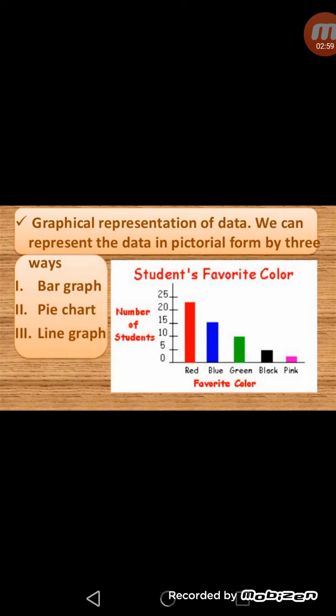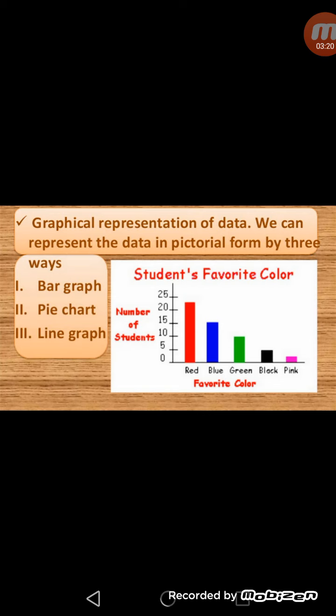Now there are three types of graph, as I have told you: bar graph, pie chart, and line graph. In this slide, this one is the bar graph. When we represent the data in the form of bars, that is called a bar graph. A typical bar graph between the